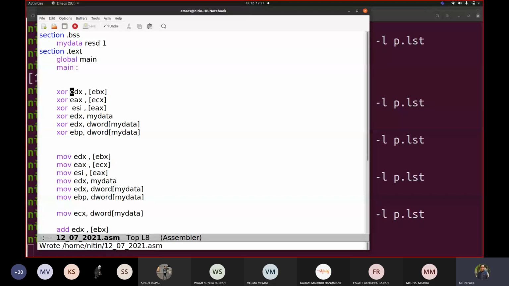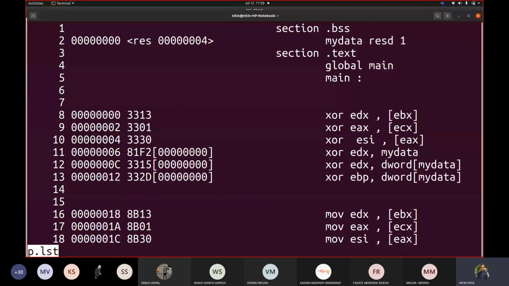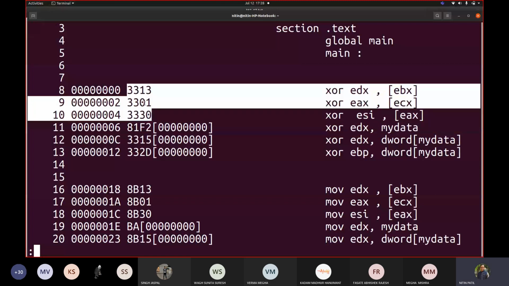Let us translate this code. Let us open the LST file. Can you see 130130? Now we got something else here. Let us not worry too much about this part. We already have seen that it changes because this would be taken as immediate, but at least concentrate on these three: 130130, 130130. Even for this part, XOR EDX, divide my data, mov EDX, divide my data, 15 is the same. Similarly for EBP, 2D is the same. Correct? Are you with me?